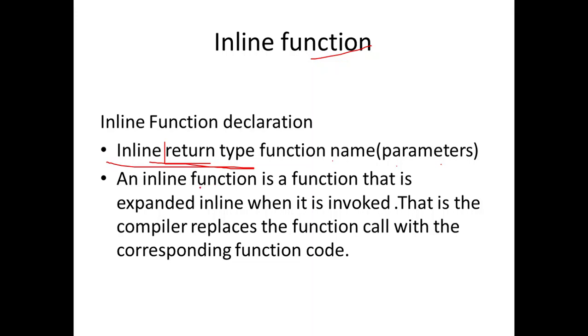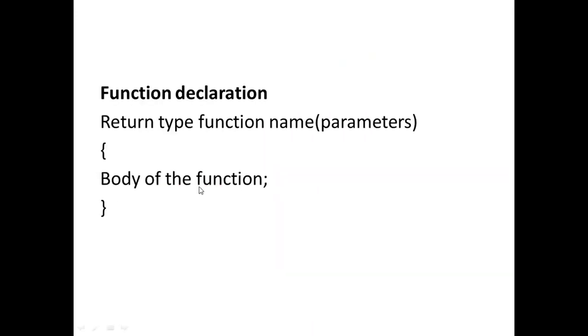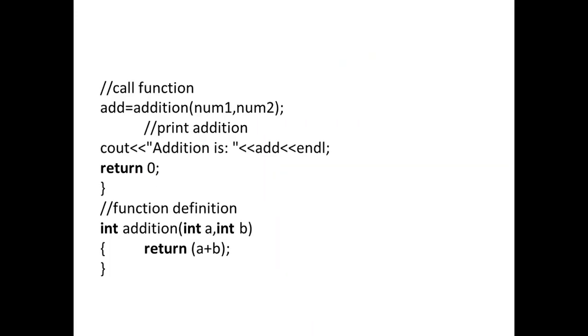What is the purpose of an inline function? We already learned previously what happens when a function is called. The program control automatically flows to where the function is defined, and there whatever is inside the parameters gets added and the output is returned.